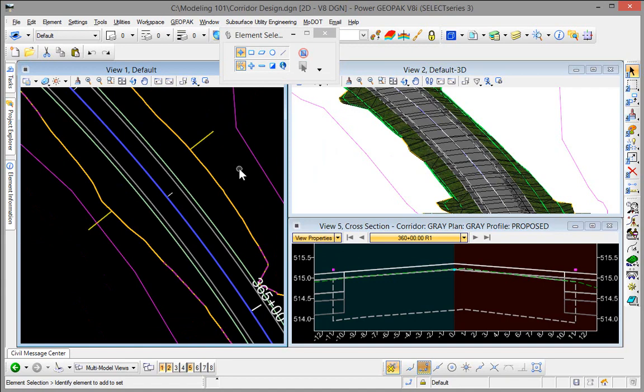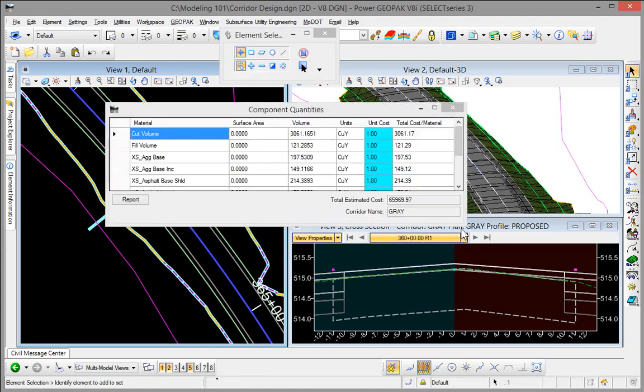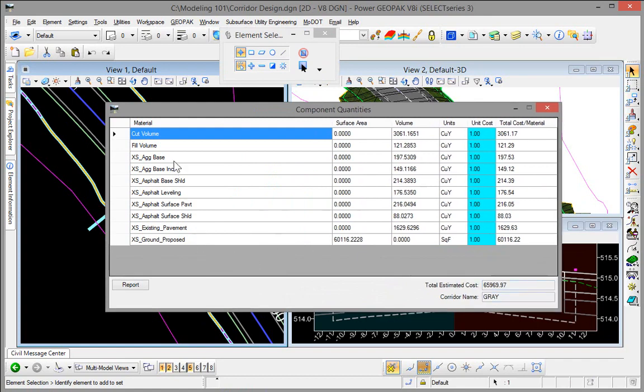And just to kind of show a really quick analysis of the quantities, at any time you can select the corridor, and we have options in here to do reports on our corridor, and one of those particular reports is very useful. It's called our corridor component quantities, and if we select that, you're going to see here a breakdown of all of our different volumes and square footage of ground proposed for seeding, that type of thing. Very handy. And you can spit that out to a report as well. You can come in and put in customized cost